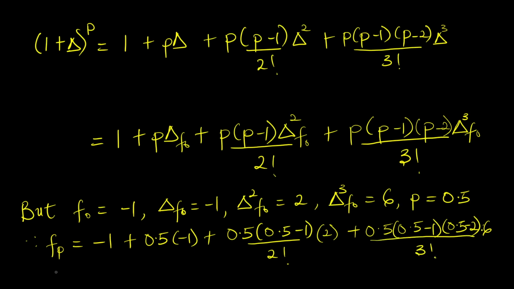If we evaluate this, we are going to have that our f of p, our interpolating polynomial, will be equal to minus